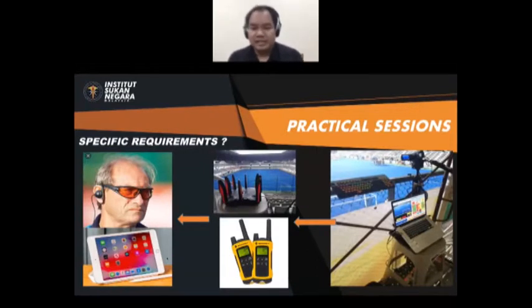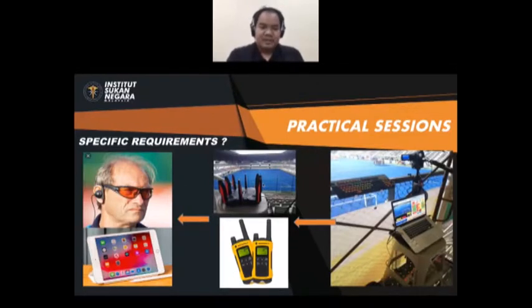Practical sessions. So ini adalah specific requirement yang perlu ada dalam hockey punya environments yang perlu kita tahu. Sebagai performance analyst, kita akan sharing segala input dan juga stat kepada coaches. Dengannya ada beberapa item yang penting yang perlu ada dalam sukan hoki. For example, make sure you must set up the equipment, camera, of course the camera, and then your laptop, include the software. Okay, daripada sini you can transfer the clip